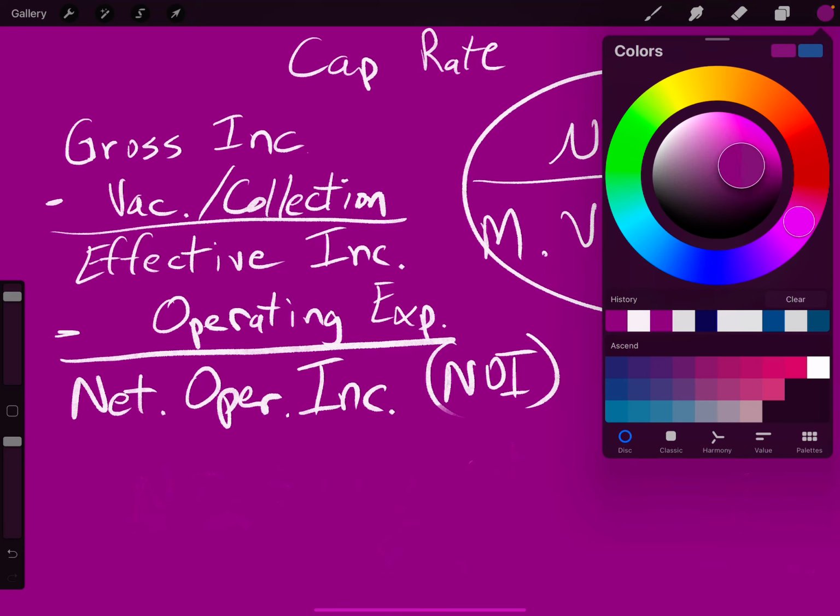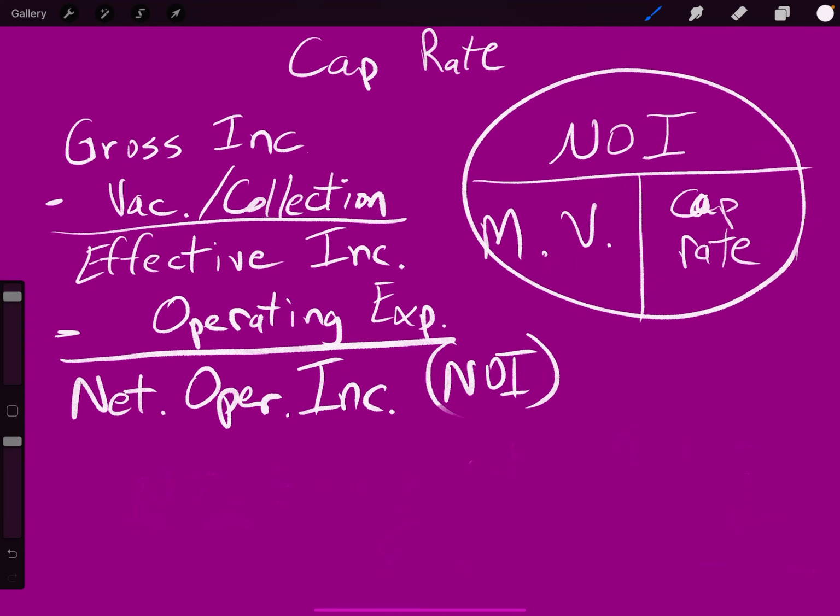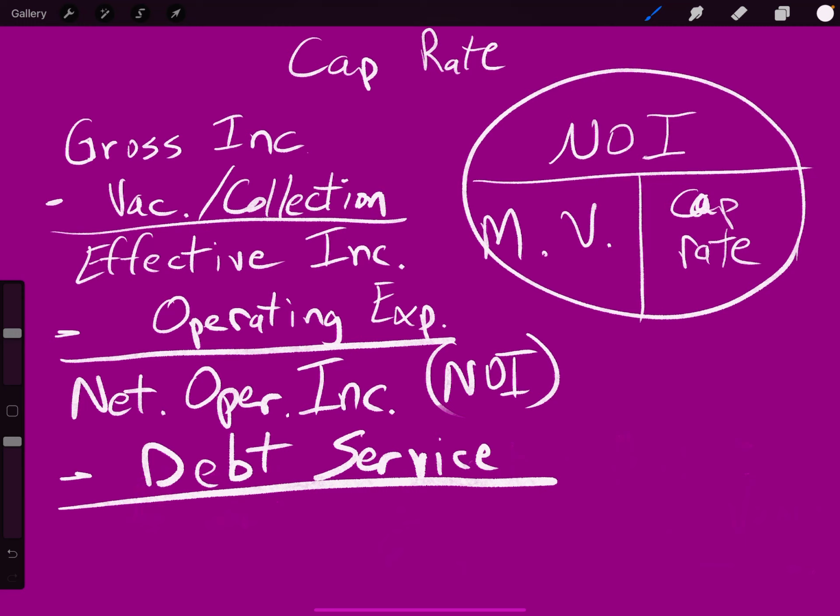It's the property payment, because maybe you've chosen to use a loan. So if we subtract that debt service, or loan payment, that gives us the cash flow